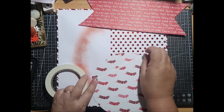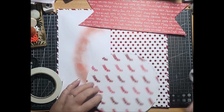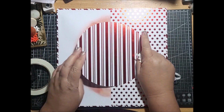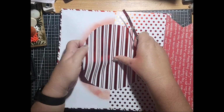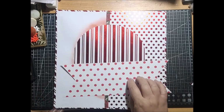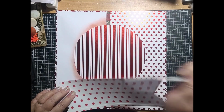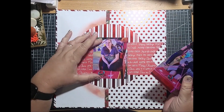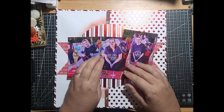I'm going to put the circle down in place now that I'm happy with all of the pieces. I'm just going to use that center line there to help line it up nice and straight. And then I have this branding strip that I'm going to run down the center, and it's a Christmas branding strip left over from paper, and it adds that finishing edge to the layout so that it's not just sitting flat against it. I'm going to put in my 3 photos as per the layout,